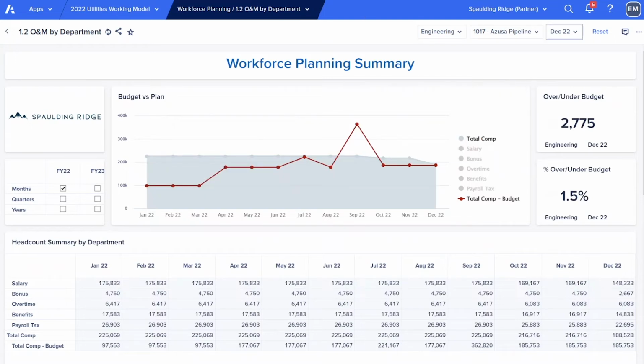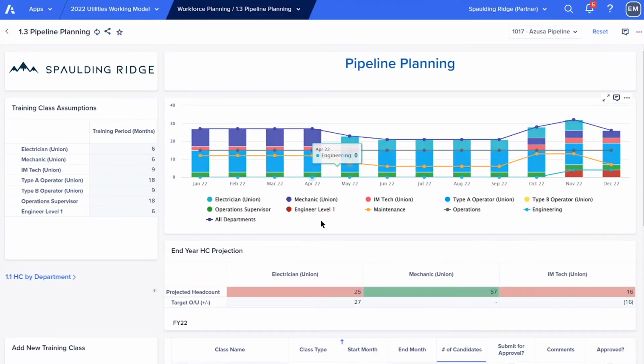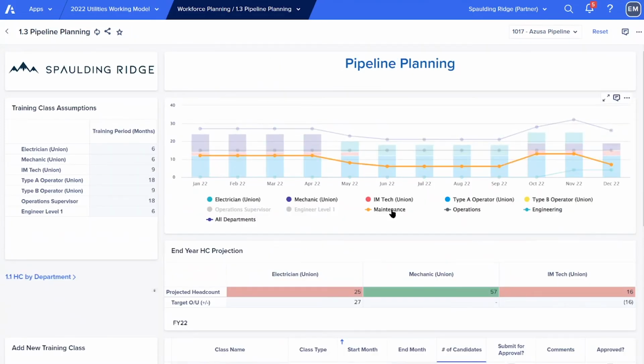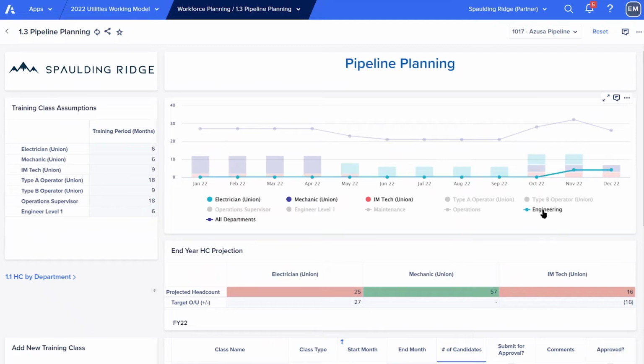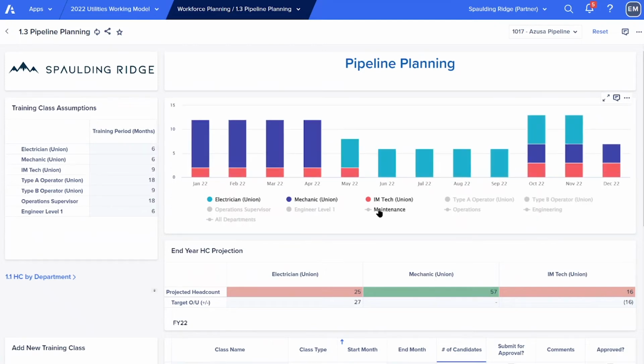All right, the next group I want to put us into is the department leaders. And department leaders, they're going to be affected, impacted, and care about each one of these as well. They're going to care about the headcount foundation that we looked at in that initial summary page. They're going to care about their department's budget with the O&M. And then they're also going to care about the pipeline plan for how people are coming into our organization.